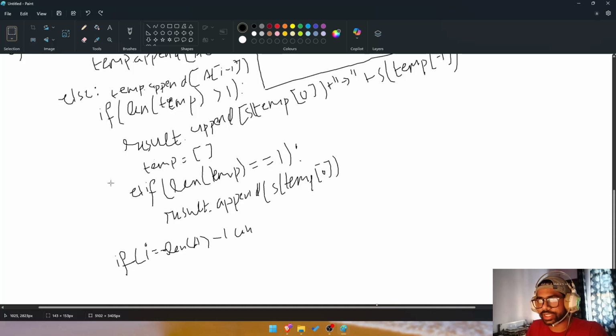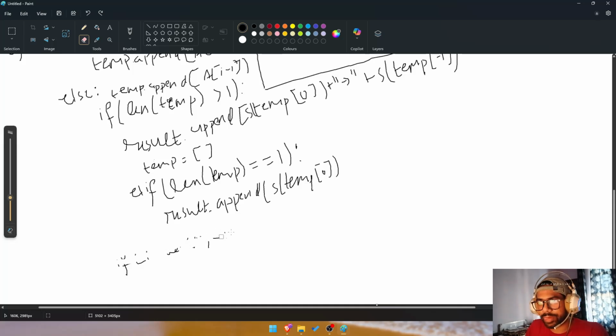I cannot rotate, so I will simply erase it. Okay. So this condition is if i equals last element, len of a minus 1, then we simply append